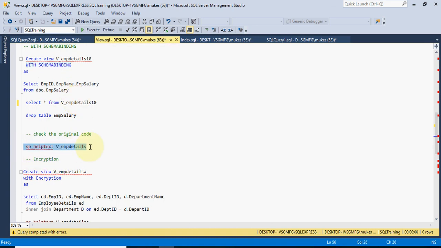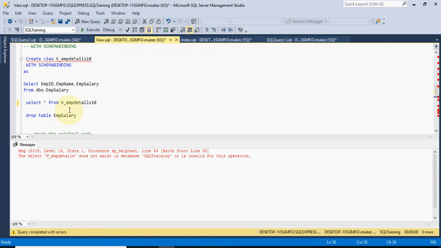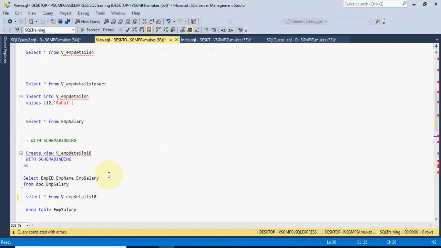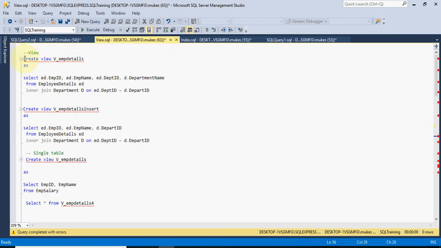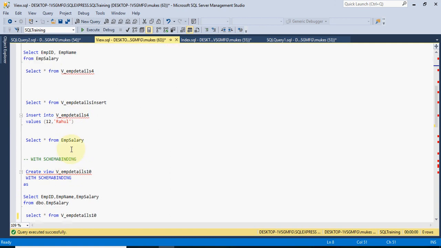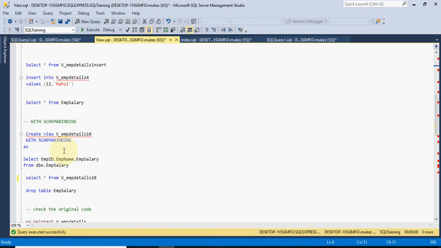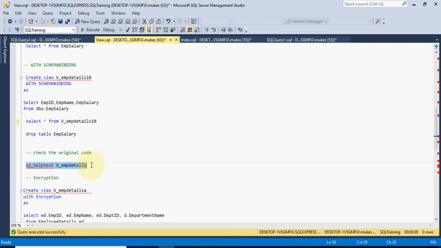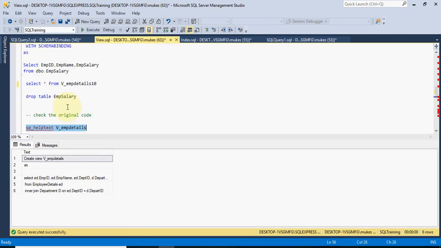The next is sp_helptext. We can also encrypt the text so no one can see the view details. The EMP detail view is created right here, and we can see whatever text is available in it, right?